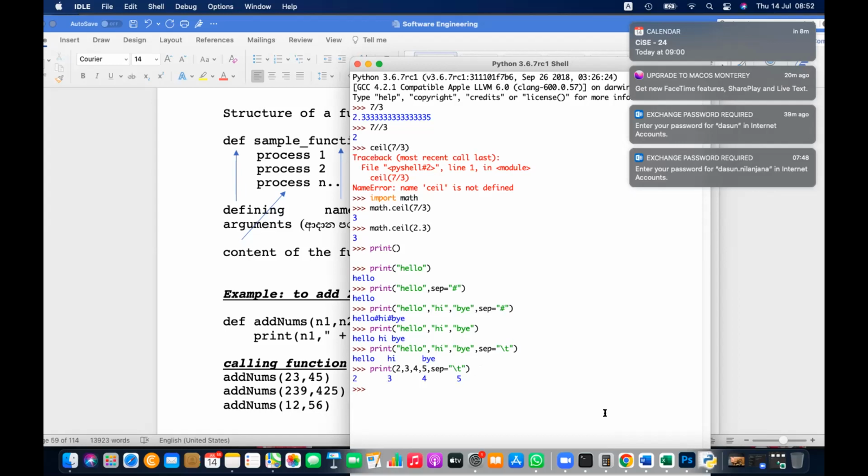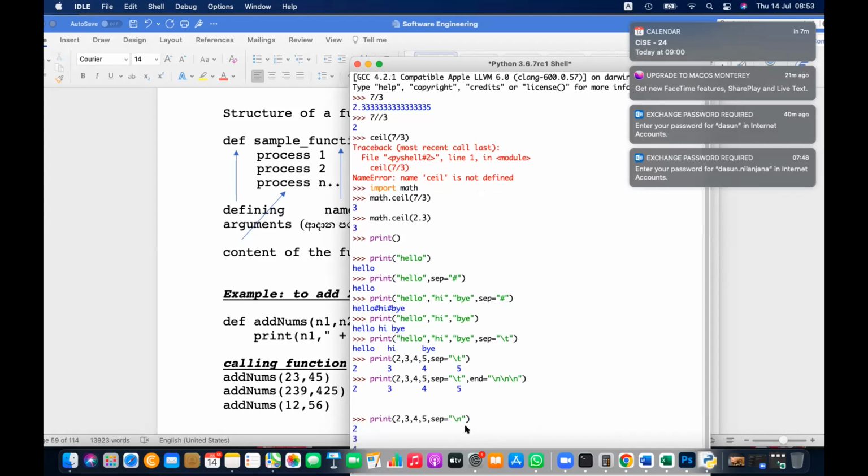So separator, and you know the end. Another parameter is the ending parameter, and you can end with, okay, separator, and end with, let's say, three new lines. Can be done. After that, three empty lines. And what if I mention the separator is a new line? Separator is new line, so each of these will come into a new line